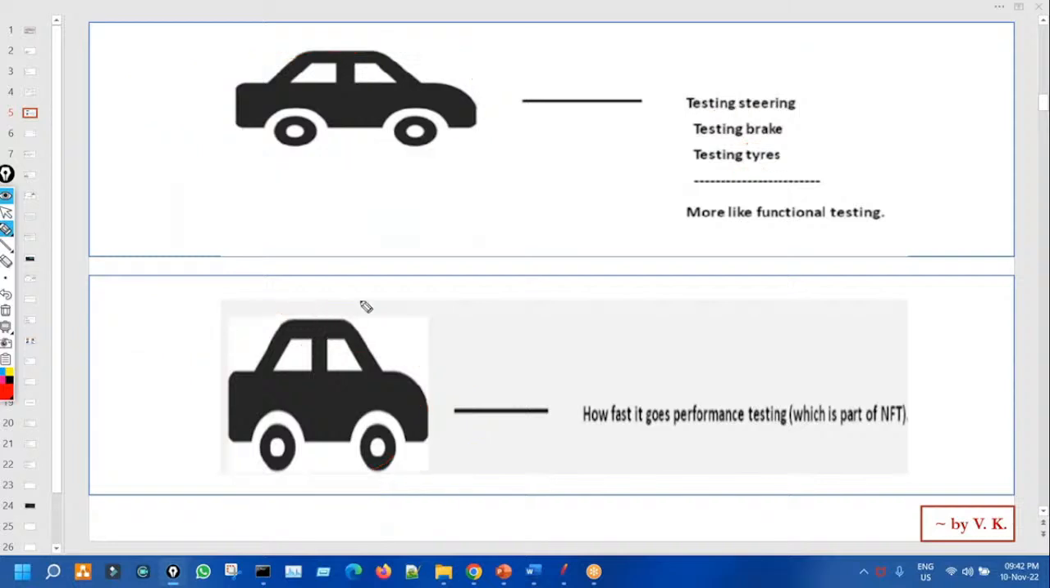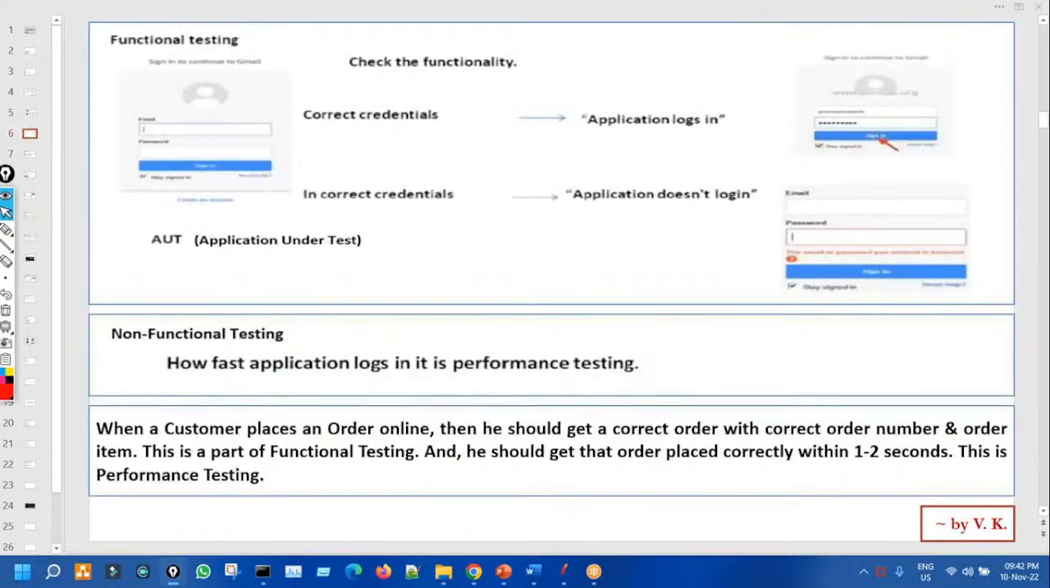In the same way, from the point of view of any application, let us say this is the login page of our Gmail, very famous, everyone will know that. Now if we have to do the functional testing for this Gmail,